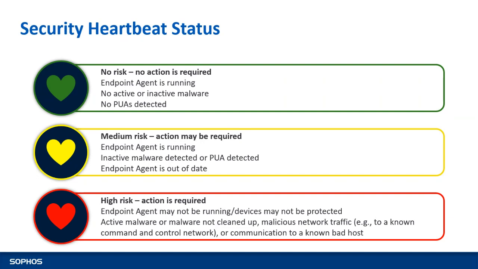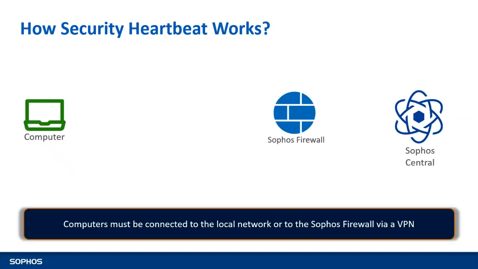When a computer has a red status, it may indicate that the endpoint agent is not running, so the computer may not be protected. Alternatively, red means that active or uncleaned malware has been detected, malicious traffic has been detected, or communication with a known malicious host. Okay,